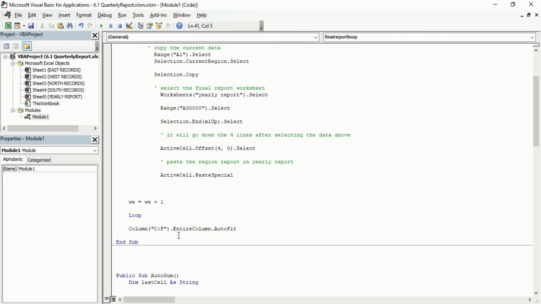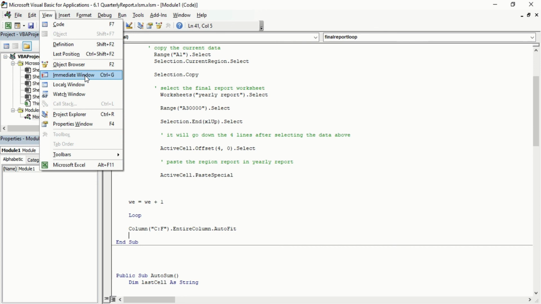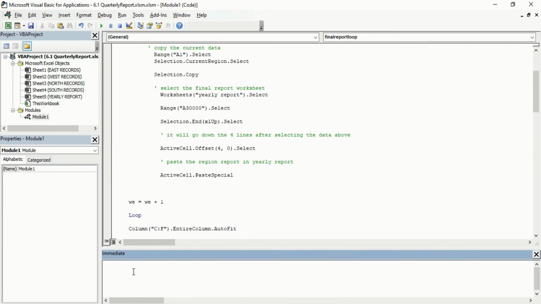So now the thing is, why do we want to run it? If I run it again, it would create a problem. Now I want to see the immediate window, so I can run it in that. You can go to view and go to the immediate window. When you click in, you will see there is an immediate window right below.